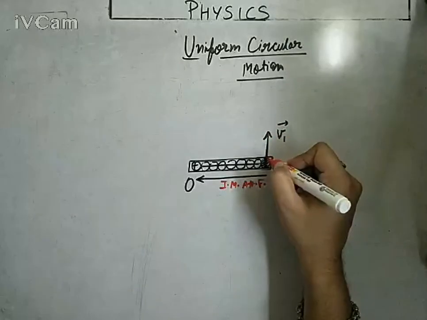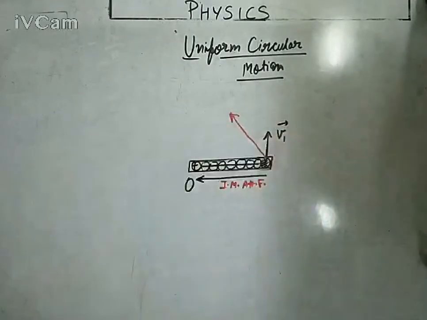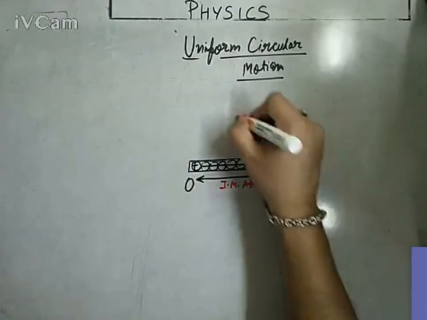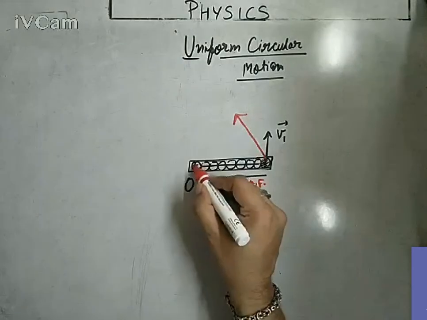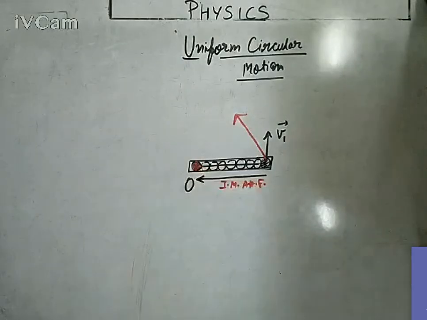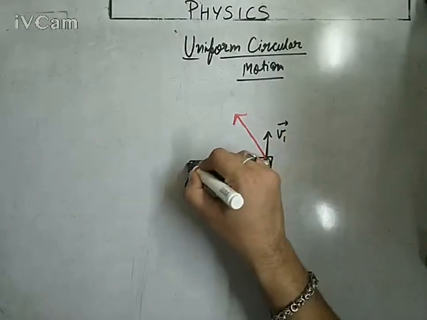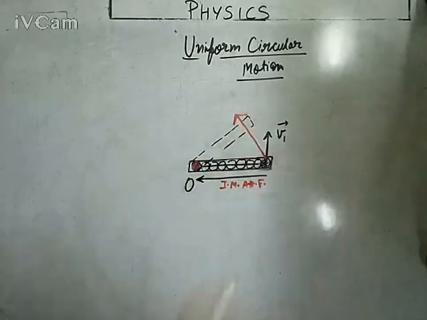It will not go in a straight path. It will go angularly in this way. We know very well the resultant of two vectors, so the body will try to go in this direction. Because this rod is fixed at this highlighted end O, the whole rod will get shifted in this direction. You can see the whole rod is shifted in this direction.